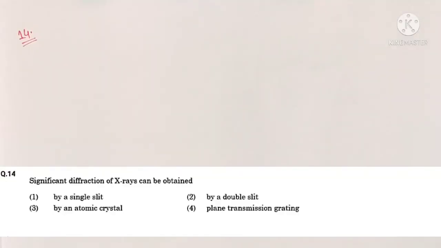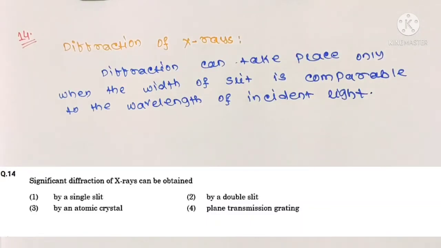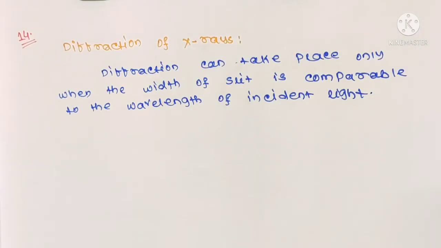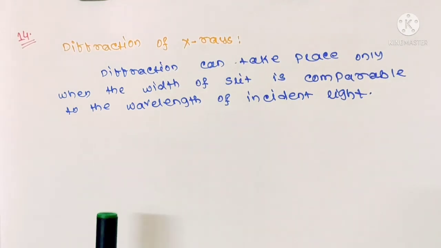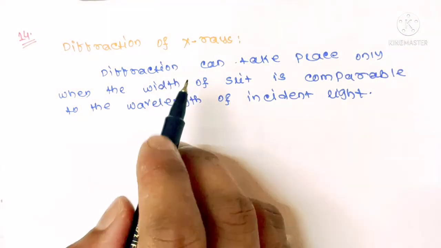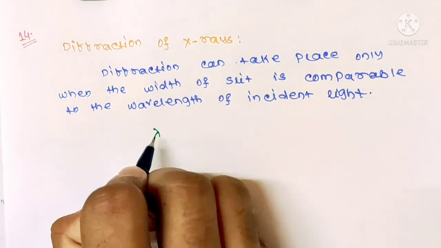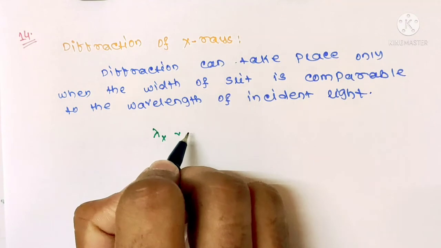Question number 14. Significant diffraction of X-rays can be obtained. See, we know the condition for diffraction is that diffraction can take place only when the width of the slit is comparable to the wavelength of the incident light. Here, the incident light is an X-ray beam. So we know the wavelength of an X-ray beam is of the order of angstrom,